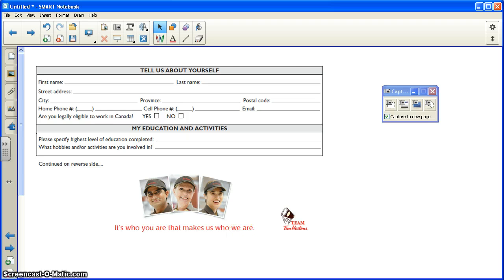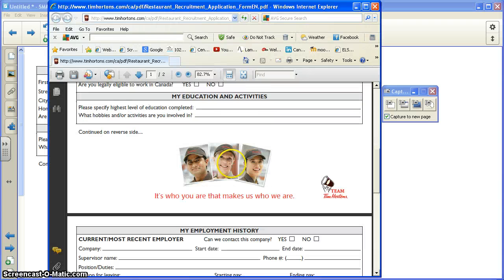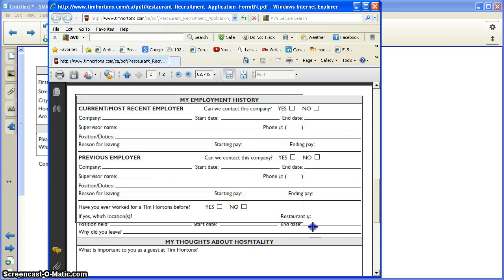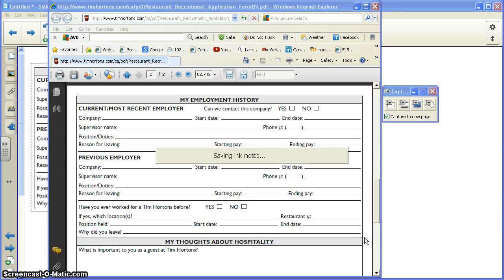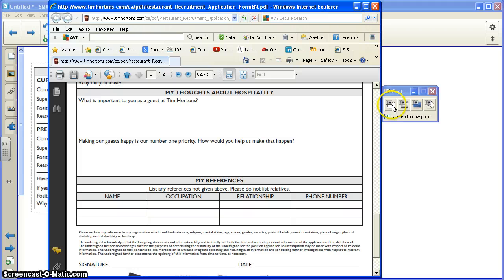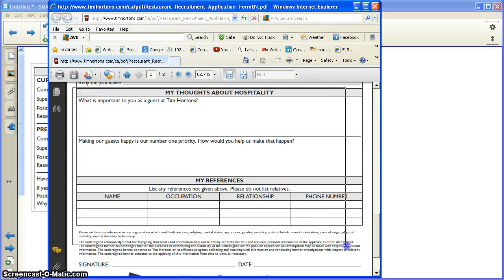I'm going to return to the application form, move down the screen again. I'll choose my crop tool, highlight the area by dragging the mouse, and release the mouse to take the picture. Now this time I'm just going to move down the screen and take the next one, but it will be saved on a new page. So I select the crop tool for the screen capture, highlight the area that I'm going to take a picture of, release the mouse,